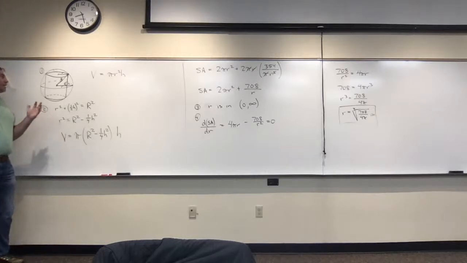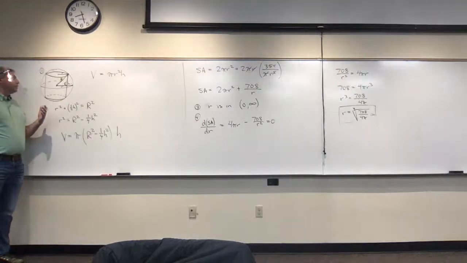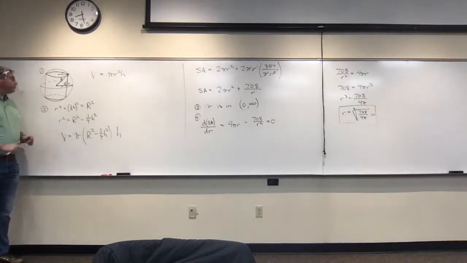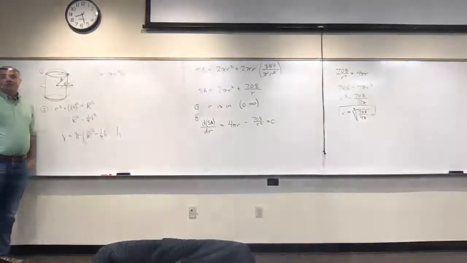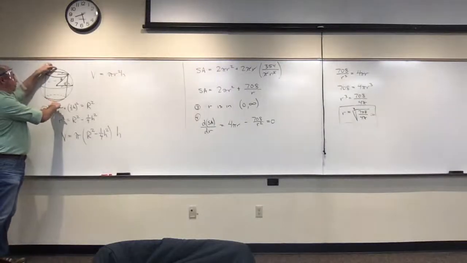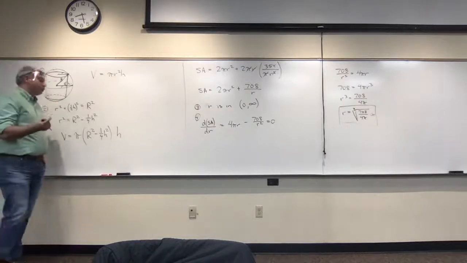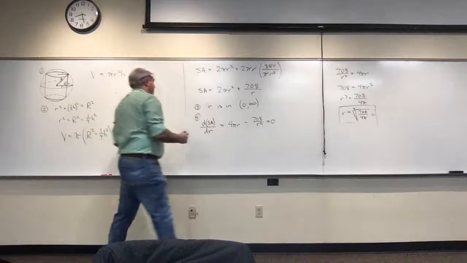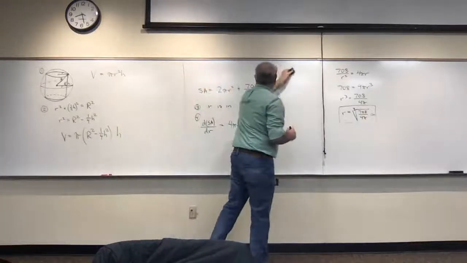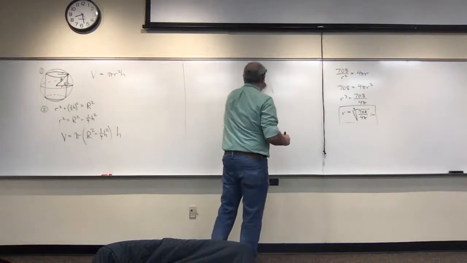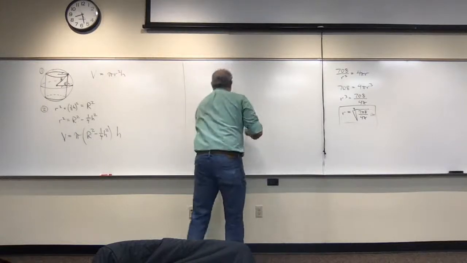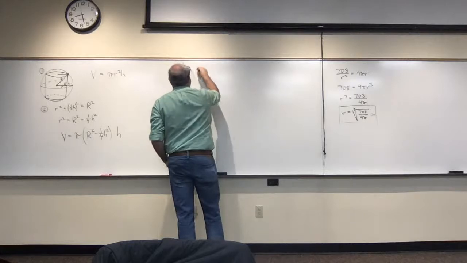Step 3 would be what? Saying, are there boundary conditions on h? Well, what's the biggest that h could ever be? Yeah, and what is that? 2r. 2r. That's right, 2 capital R. So in step 3, so I've kind of completed step 2 here. In step 3, where I say, what are the boundary conditions? Then I would say that